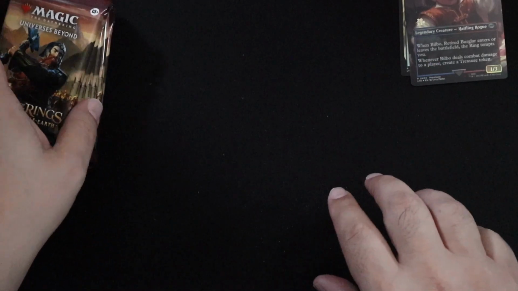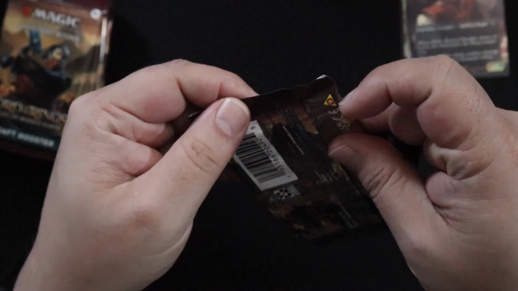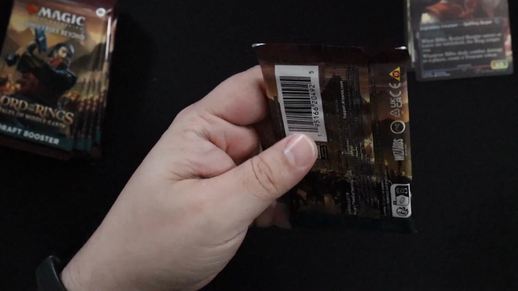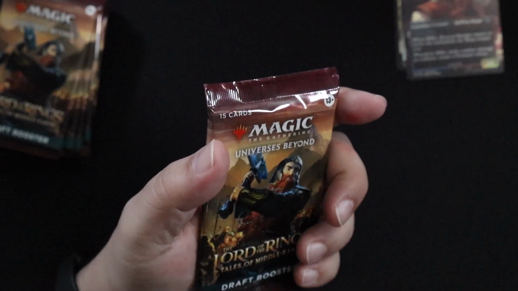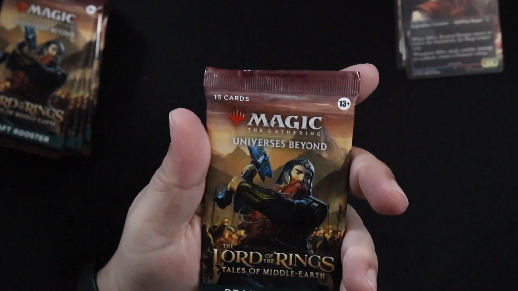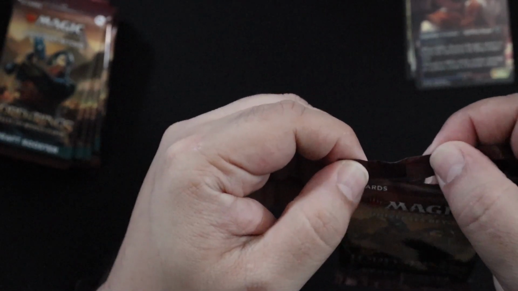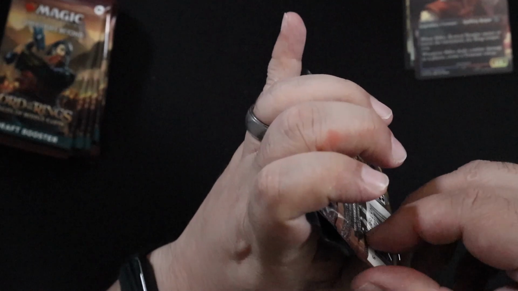And now let's take a look at the packs. Let's see if there's an easy way, or should I use the knife to open them? All right, so we've got our draft boosters. Oh, maybe there is an easy way there, so next time I will do that. And let's see, we've got